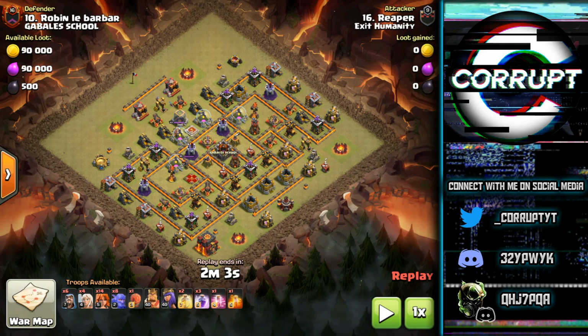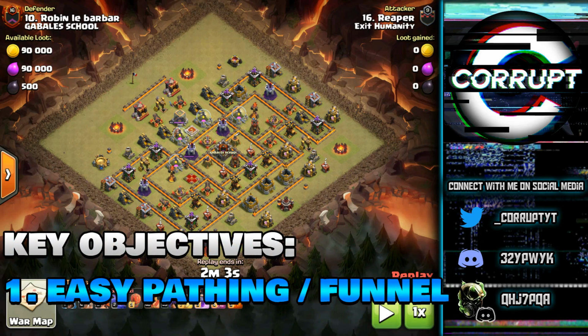We will go over that later in this video. But this strategy is more reliant on funneling. This is not looking for any key objectives or anything. It's looking for funneling. So this base is a really good example that I wanted to show you guys,